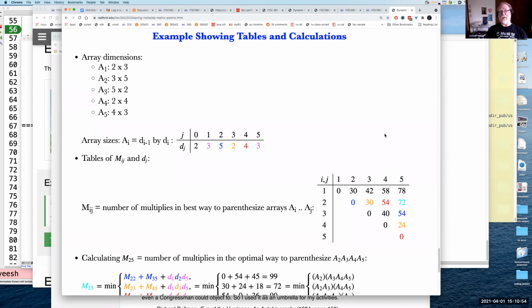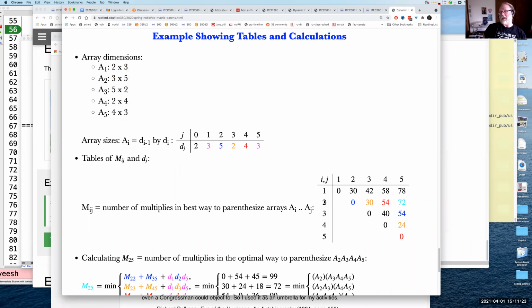So he's saying, by the way, suppose we have these 5 matrices with these dimensions. Okay, so we can figure out, a 2 times 3 array by a 3 by 5 array, multiply that by a 5 by 2 array, a 2 by, and so on. So we can figure out the dimension of each one of these: 2, 3, 5, and so on, ending in 3. And now, hey, how many multiplies to get